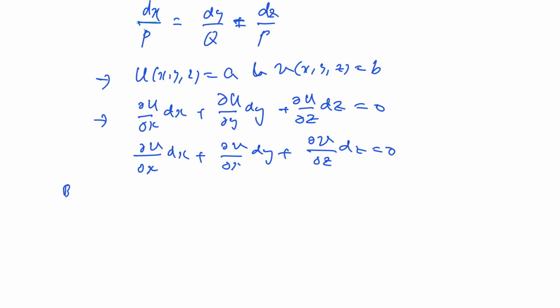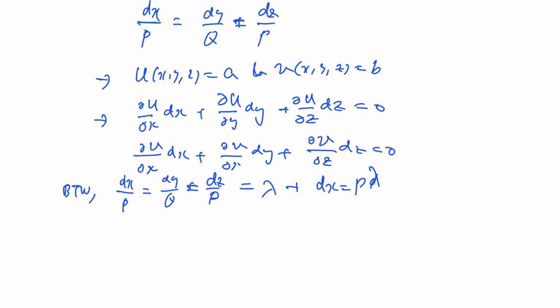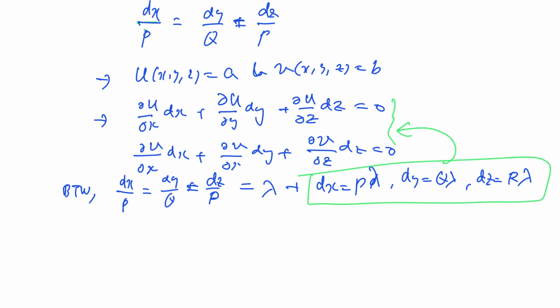By the way, dx over P is dy over Q is equal to dz over R. We can say some lambda. Then dx is P d lambda, right? dy is Q d lambda, dz is R d lambda. So if we substitute this into this, then we obtain